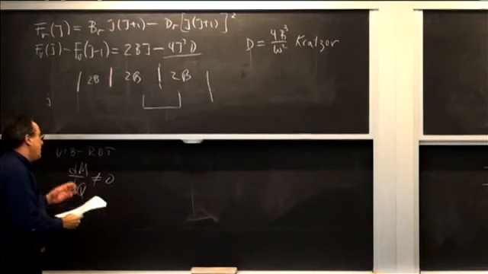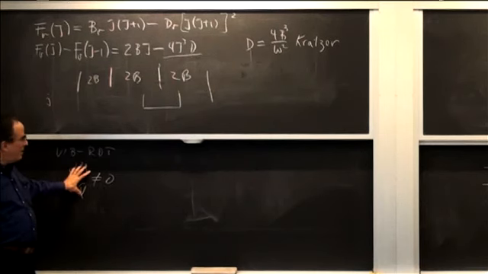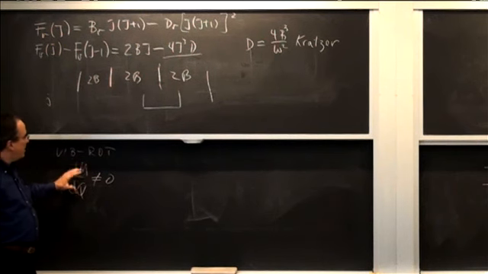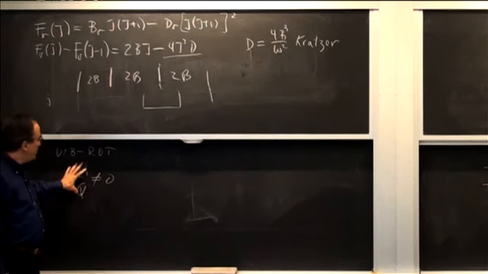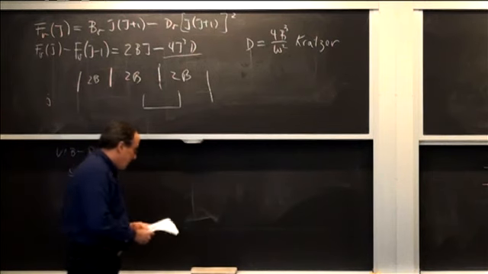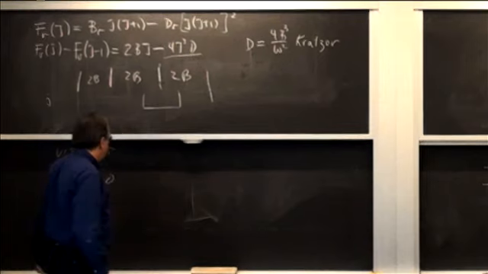So if you have a polyatomic molecule, some vibrations might have a non-zero dipole derivative. But for a diatomic molecule, if it's a heteronuclear molecule, this will be non-zero, and if it's homonuclear, it'll be 0. So if we want to look at a rotation vibration spectrum,